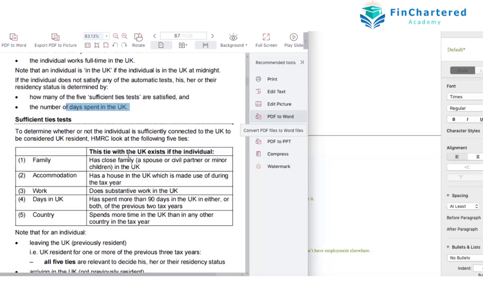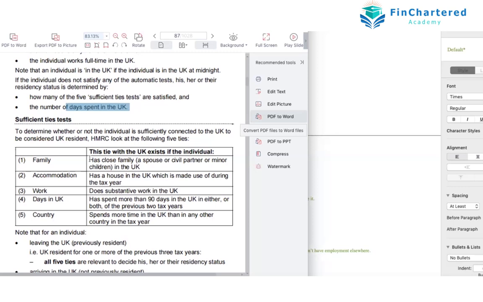If you have a close family member, say a spouse or a child in the UK, then again it means you have a close tie with the UK. Again, we're talking about a close immediate family member. But again, there could be a possibility that you're staying with a distant aunt and you don't have a close family member,